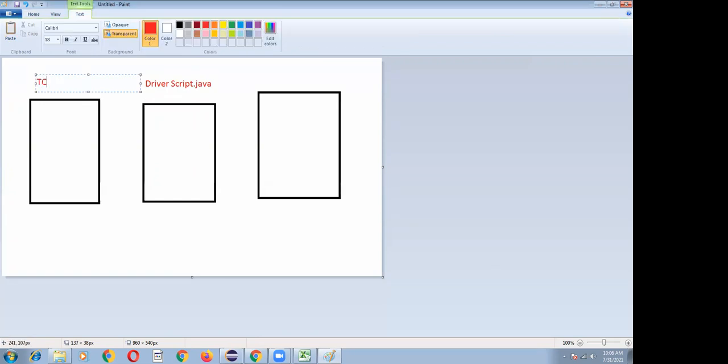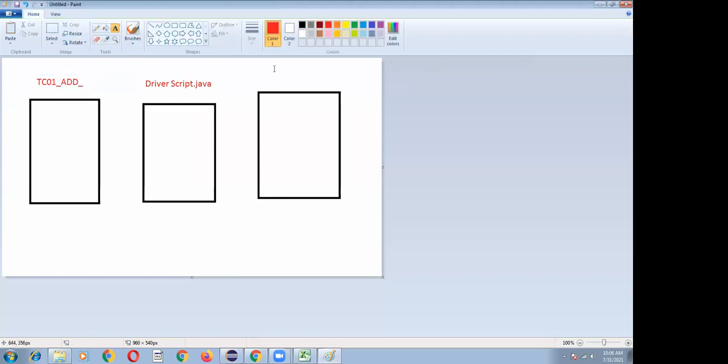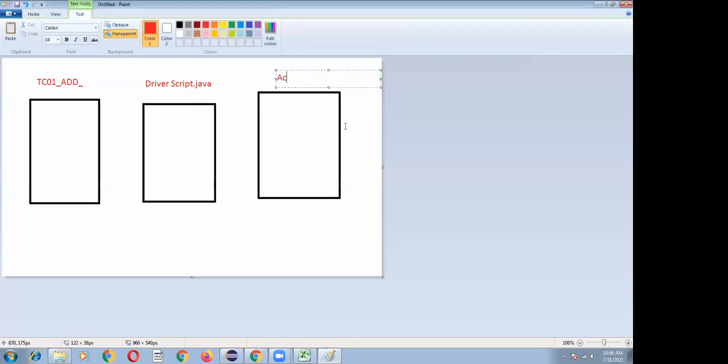This is TC01 add nationality. And this is actions.java. And this is your Excel sheet.